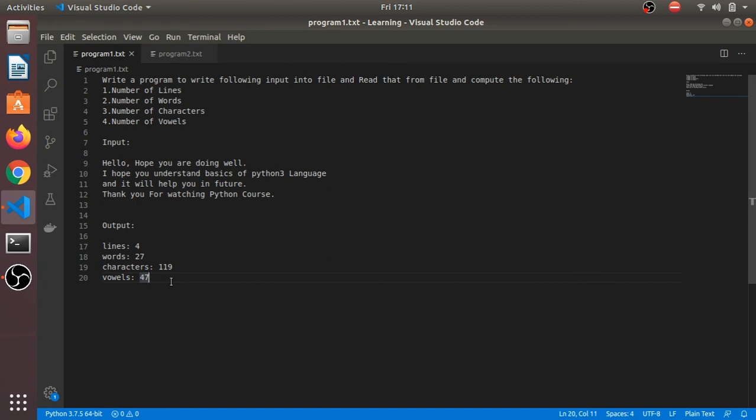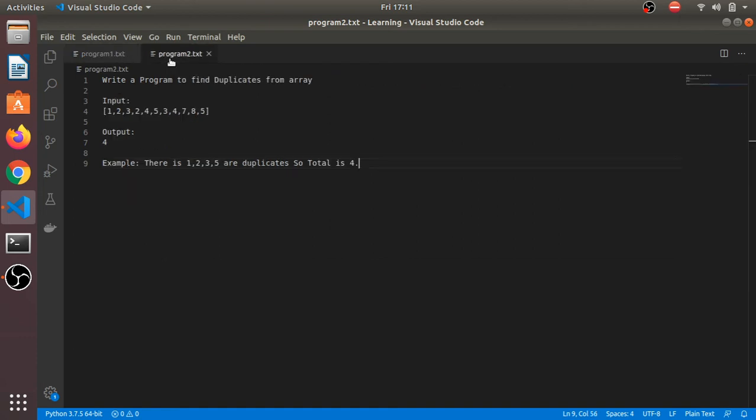You need to read the file and perform these four operations after reading that file, and your output must be this. You can pause this video and take a screenshot of this so you can start working on this program also.